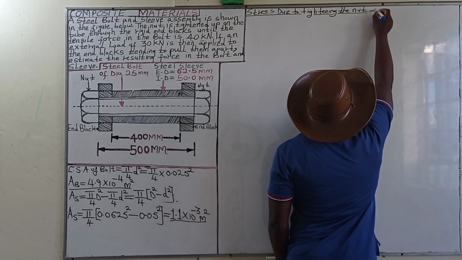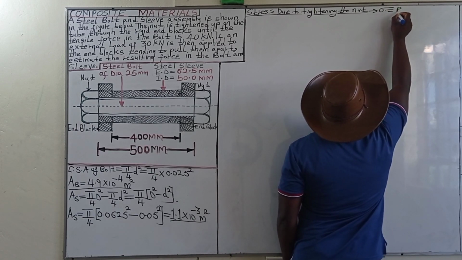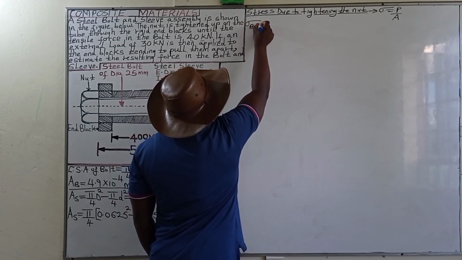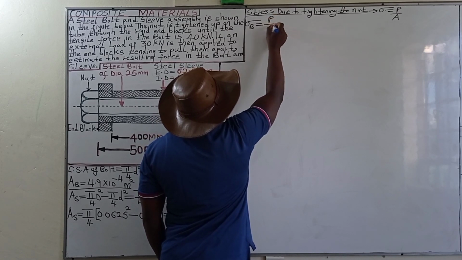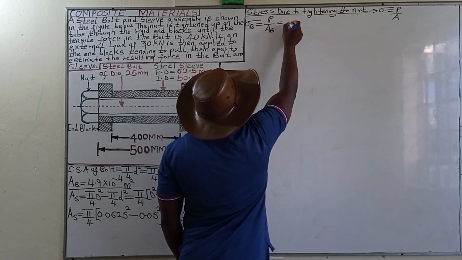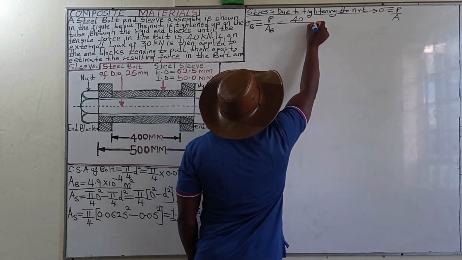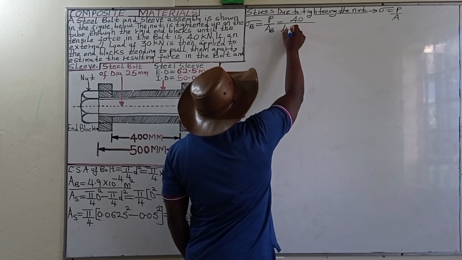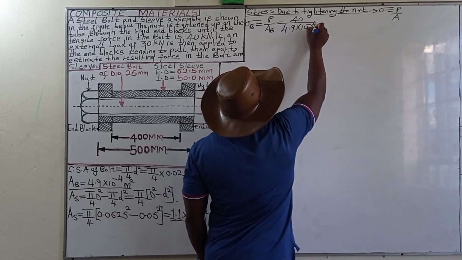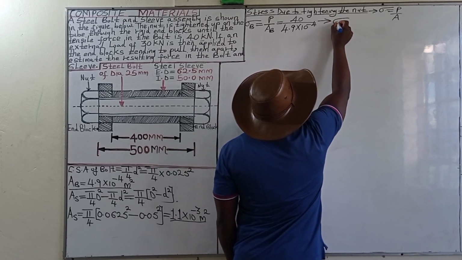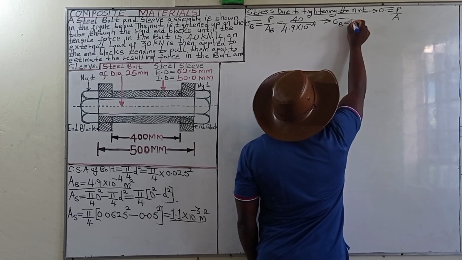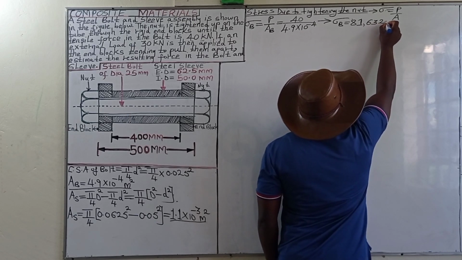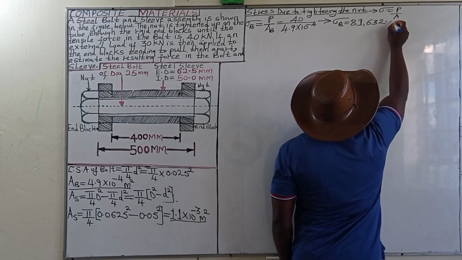Now, we know that stress is given by load divided by cross-sectional area. Therefore, starting with the stress that will be developed in the bolt, we take the load divided by the cross-sectional area of the bolt. In this case, this is 40 kilonewtons divided by the cross-sectional area of the bolt, 4.9 times 10 raised to the power of -4. And that gives us a stress in the bolt of 81,632.65